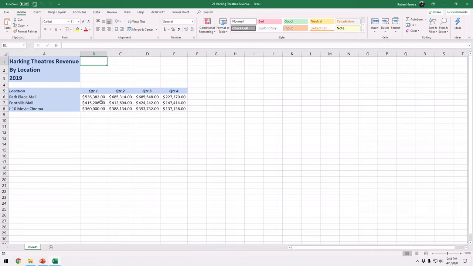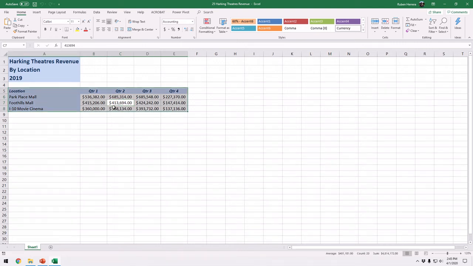To create a column chart in Excel, this is what we do. I'm going to click on one cell inside the continuous range of data of my Excel spreadsheet. Any cell, preferably one of the cells where I have my values, but just one. Next, starting with Excel version 2013,